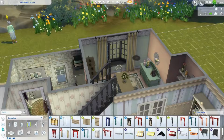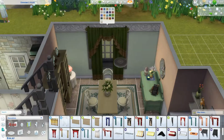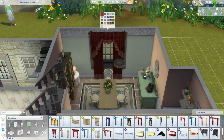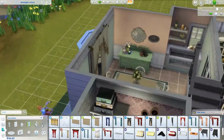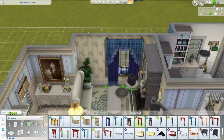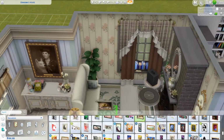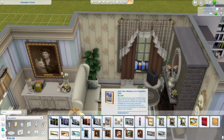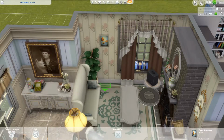So once they'd already started a family and things like that, obviously, maybe he was lost at sea, and since then she's refused to leave this house because this is where they raised their family together and have all these happy memories. And she has that portrait there to look at him every single day so she doesn't forget him. And clearly he's more of a dog person and she's more of a cat person, so they're kind of opposites that attract, really. And I know it's a really sad story, but I just thought it was a really nice